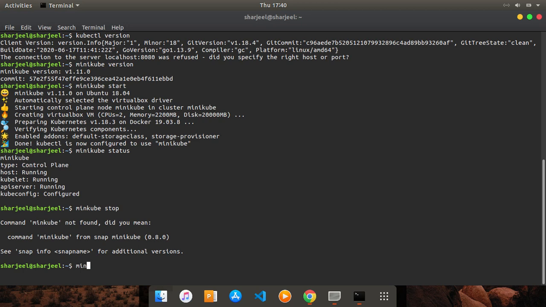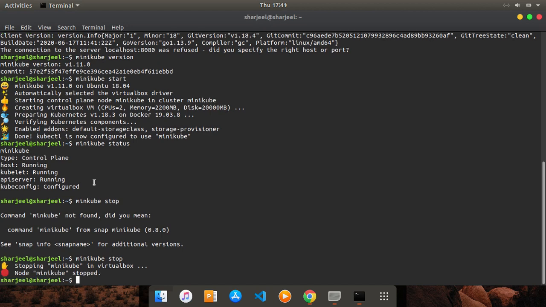So, minikube stop. Okay, now it's stopping the VirtualBox, and after that you need to delete this config, and after it you can use start again.